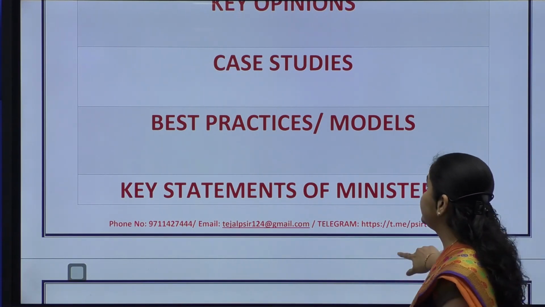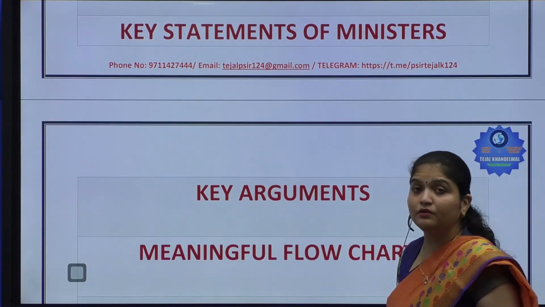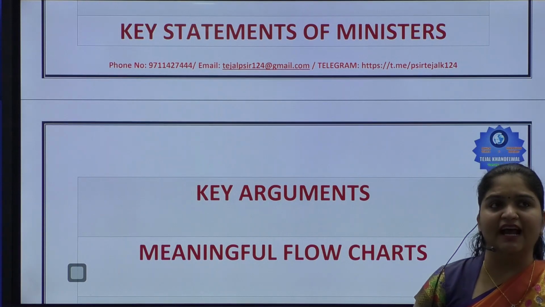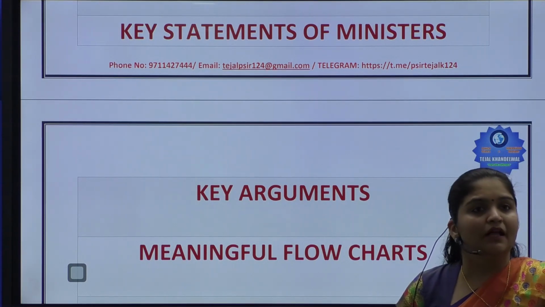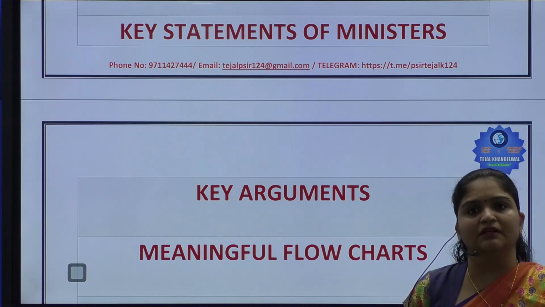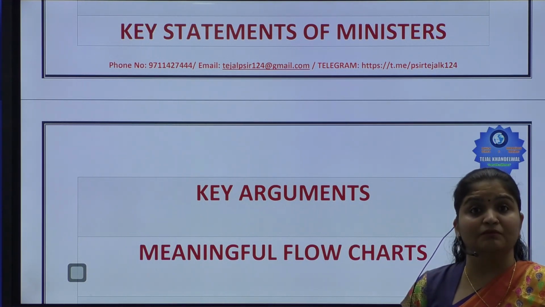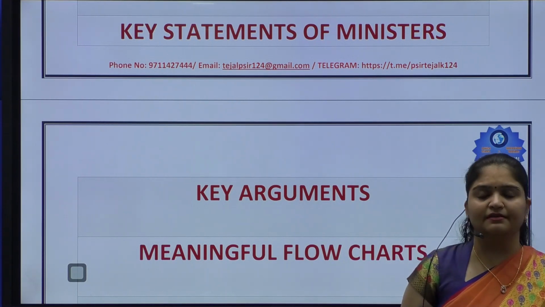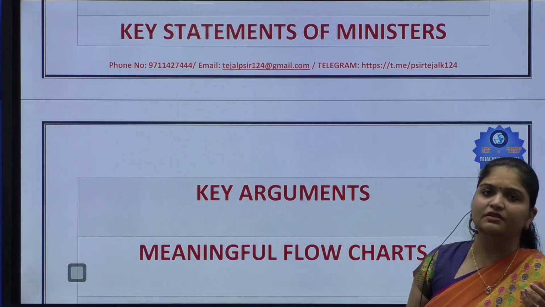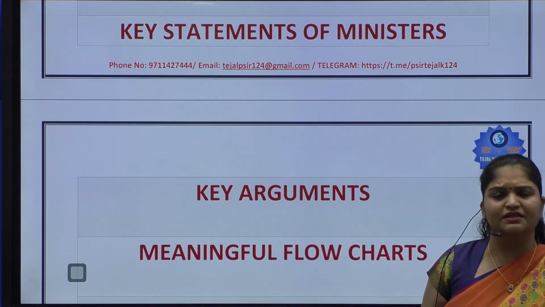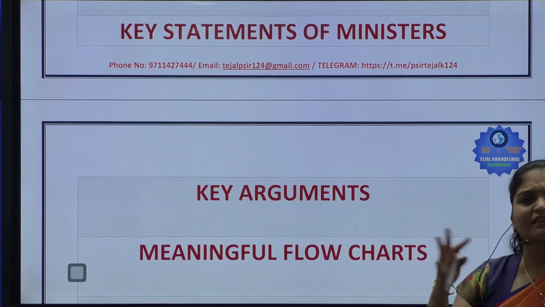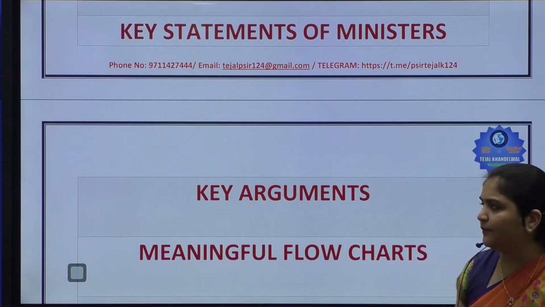Fine. Key statements of ministers are very important. Why is it very important? Because it will add that real touch, a very unique touch to your answer. Like Prime Minister Modi has said something, S. Jaishankar has said something, the President has said something, even that can be used. Environment Minister, Health Minister, Science and Technology Minister, key statements they make at key conferences. Just have a checklist of some 15-20 statements and keep applying it here and there.